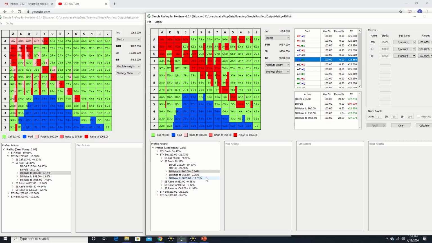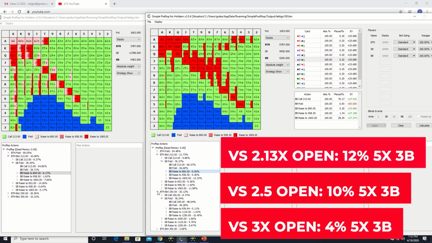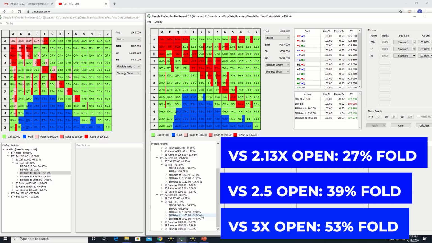In that same vein, when we take a look at the big blind's defense strategy versus different button open sizes, we see a trend towards utilizing smaller 3-bet sizes as the button's open size gets larger, which makes sense since the button's larger open decreases the SPR relative to the smaller open. Additionally, we see that the big blind is defending much less frequently overall as the button sizing increases.